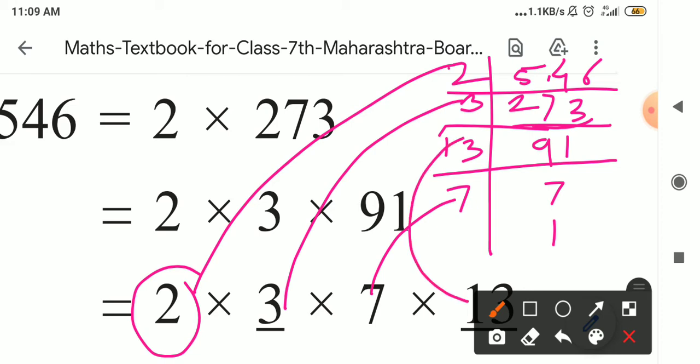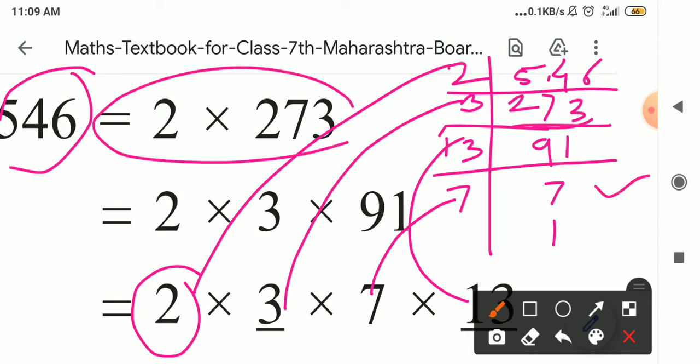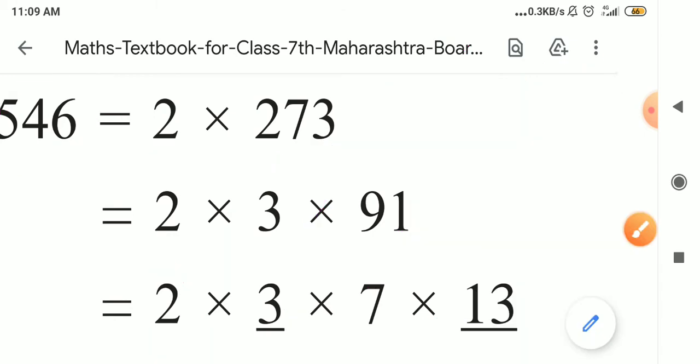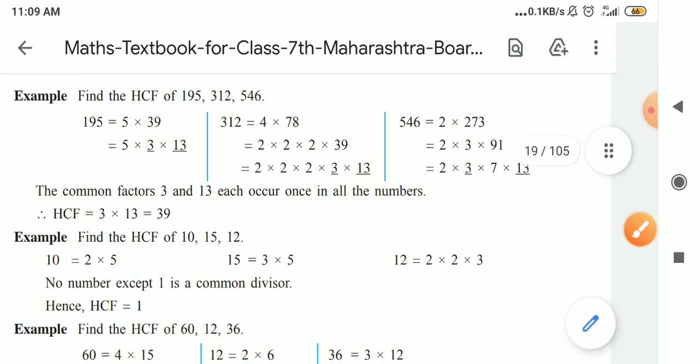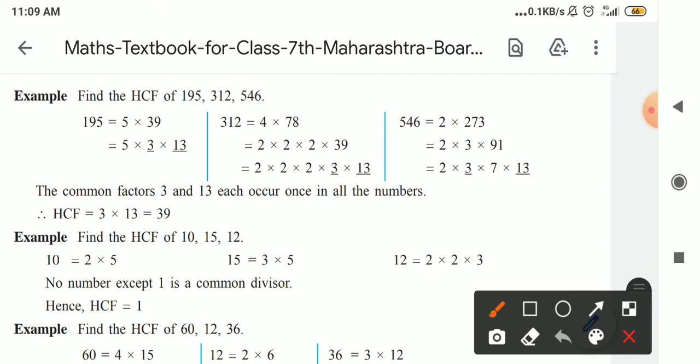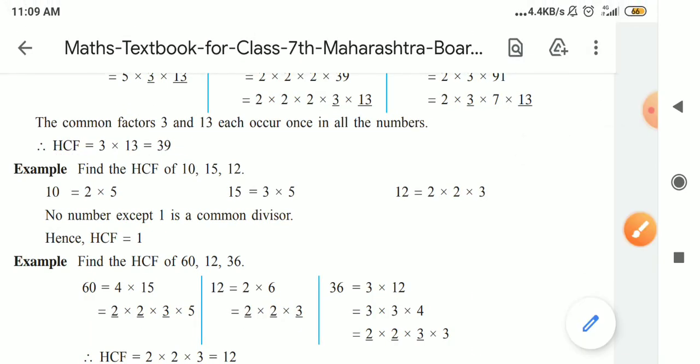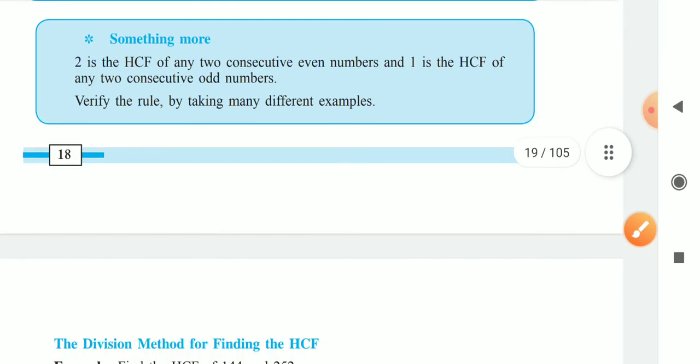So for the prime factors of 546, if a big number comes and it is difficult for you to find the factors, just use this method and write the prime factors in this way, no problem. If you do this method as rough work inside and write the factors, then also no problem. Okay, now we have to find the common factors. Which are the common factors here? 3 and 13. So 13 3s are 39 is the HCF of the above numbers. Understood? Then we will see one more question.